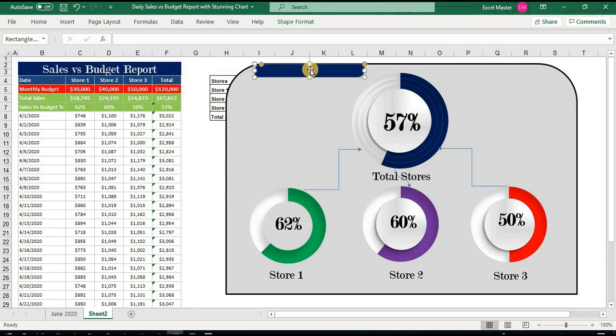We will write it here: sales achieved percentage versus budget chart.